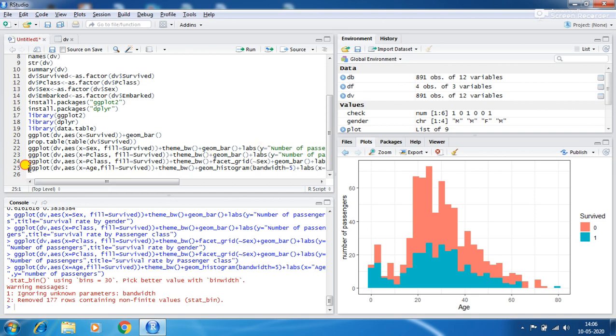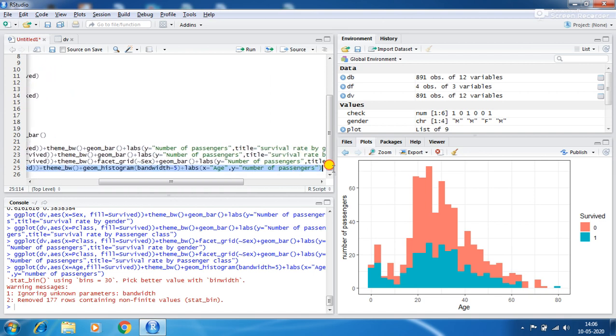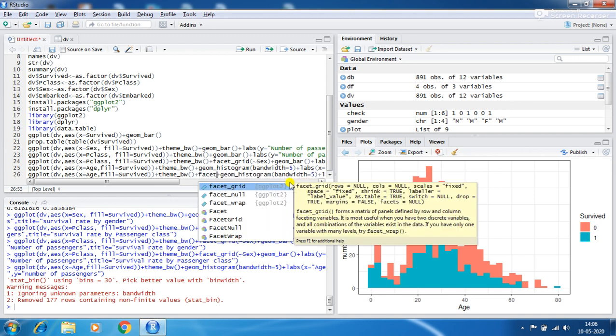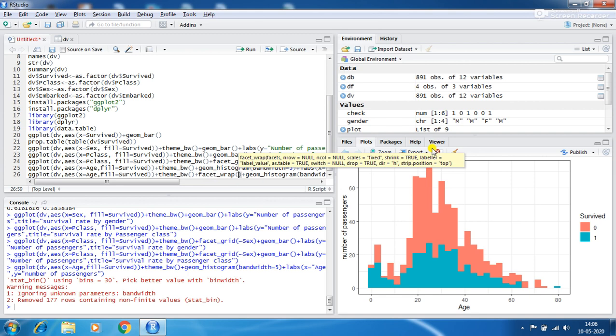So we copy that line and then paste it, then facet is used, facet_grid, because three variables are used: sex, Pclass and age.